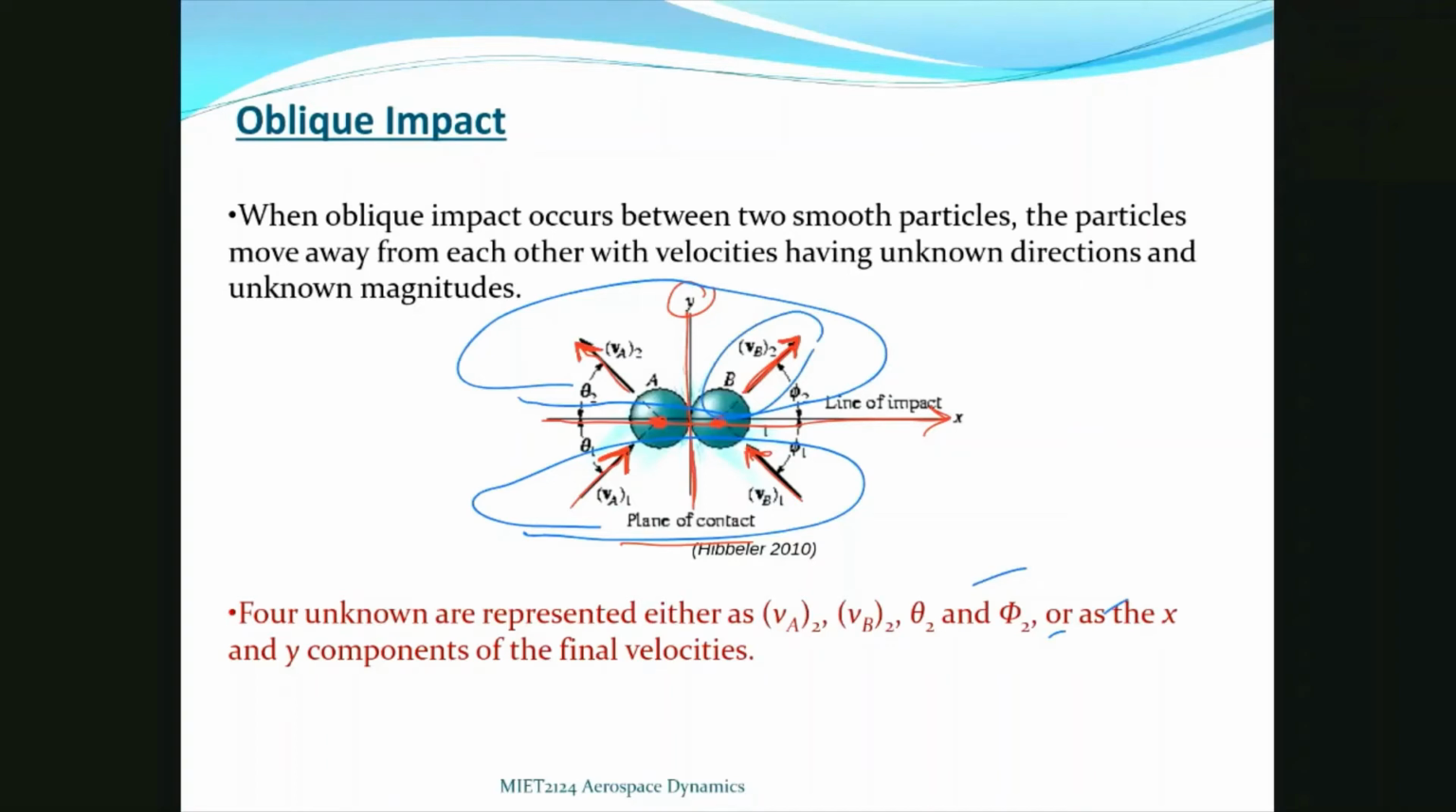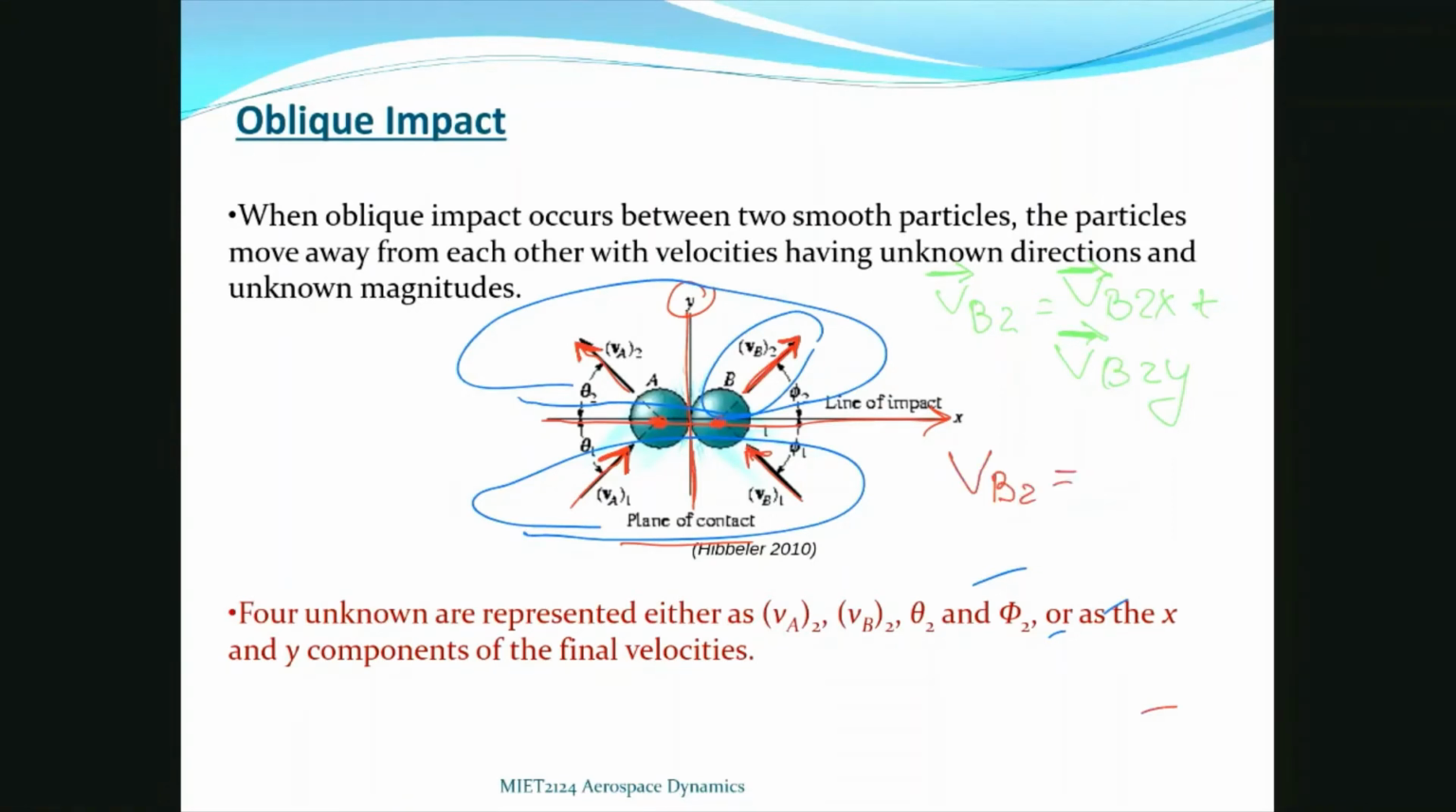This velocity can be expressed as a vector, vB2 equal to vB2x as a vector plus vB2y as a vector. So two components, two vector components in x direction and in y direction. Alternatively, we can express this particular velocity, vB2, as